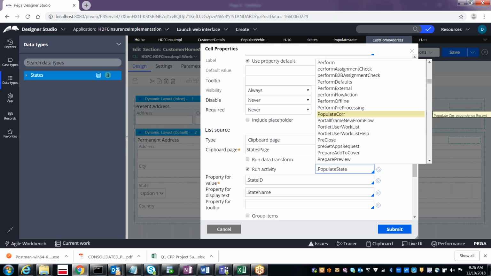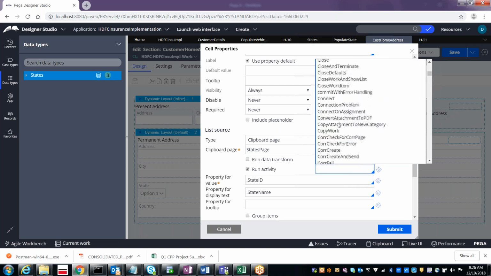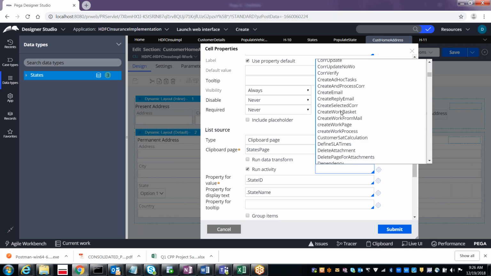But I am not able to see it here. Why am I not able to see it here? Because it is referring to the work cover class. But actually, in which class did we create this populate state?